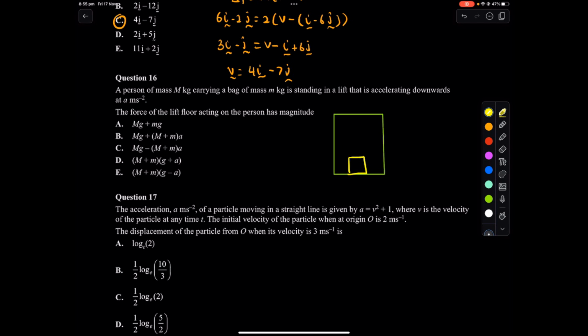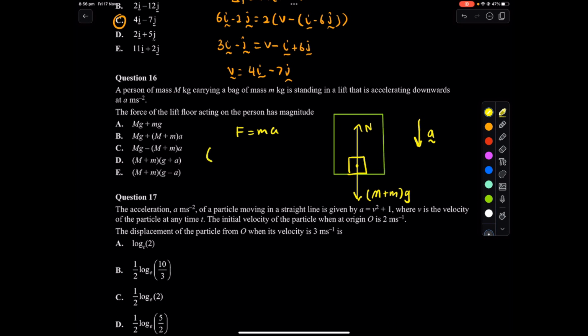So it's going to have a gravitational force of the mass of the person and the bag, g. There's also going to be a reaction force, the force pushing upwards, which is what we're trying to calculate actually. The reaction force. The force of the lift floor acting on the person. And because we know it's accelerating downwards, we're going to take downwards as positive. So we know from the equation F is equal to ma, the net force in this kind of question is what? So our net force is